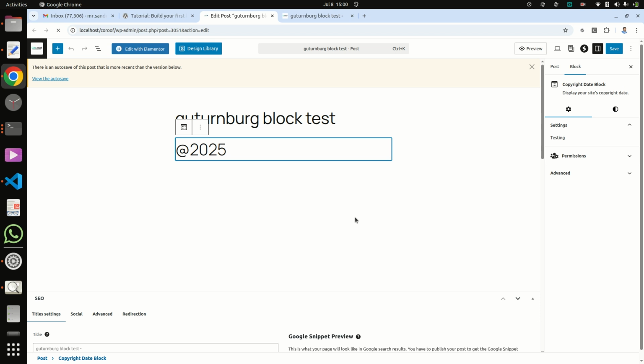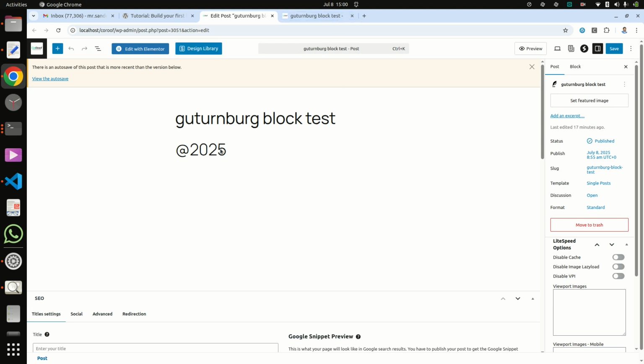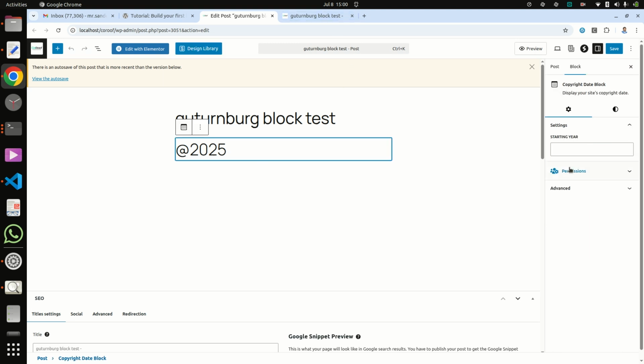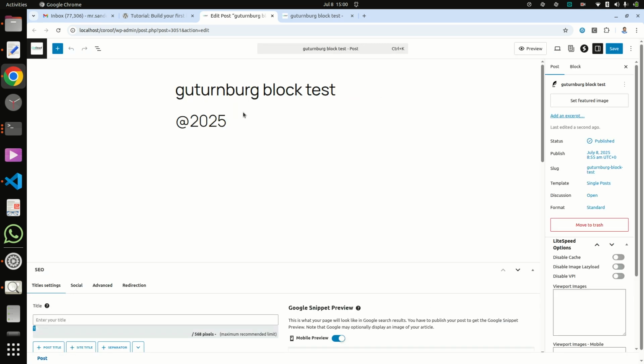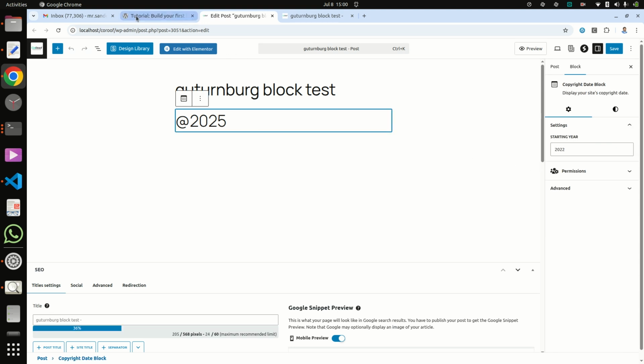Wait here. Now it is showing like 2022, and update, refresh. Now it is saving. Okay, now